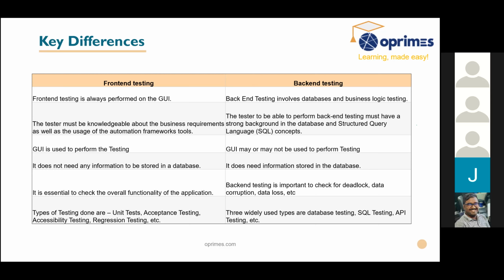And what are all the testings we will be doing in the front end? It's unit testing, acceptance testing. Acceptance is the user being able to accept your UI, and whether you have all the data which is necessary for a client. Client in the sense here is the user, the end user. And accessibility testing, whether it is accessible and easy to traverse between the data we need to see, or the performance, the functionality we need to do. And the regression testing.